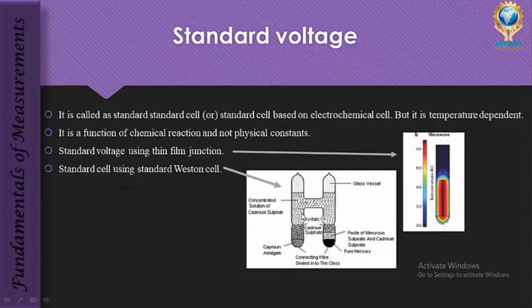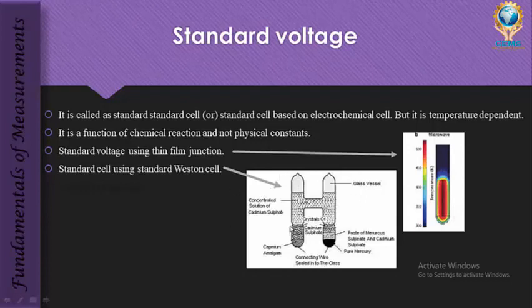So the saturated cell was taken as a standard, and in the unsaturated cell they took the quantity which you had to measure, and from the reference they measured the quantity for which you have to measure the voltage. So the saturated cell had a constant voltage of 40 microvolt per degree Celsius irrespective of temperature, whereas the unsaturated cell had a variation in voltage, and in the unsaturated cell we take the quantity for which the voltage needs to be measured. So this was considered to measure standard voltage, and this is using the Weston cell.